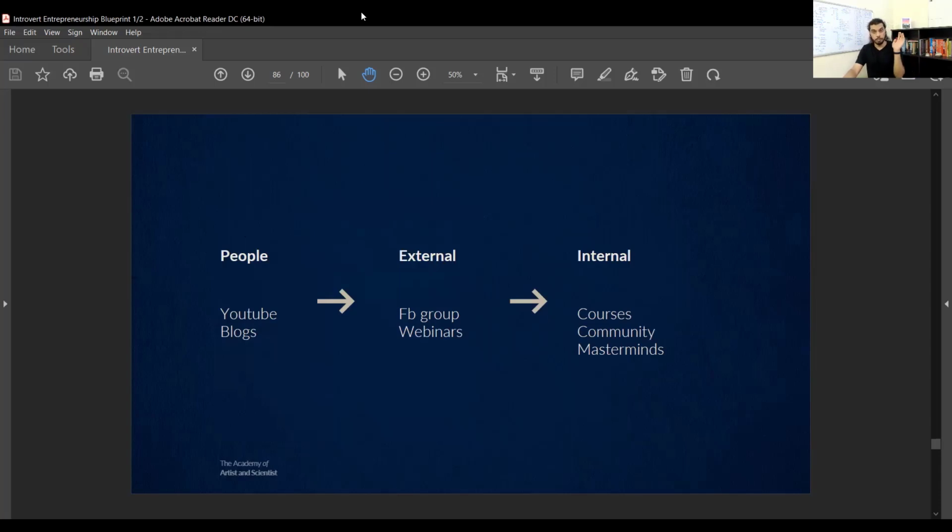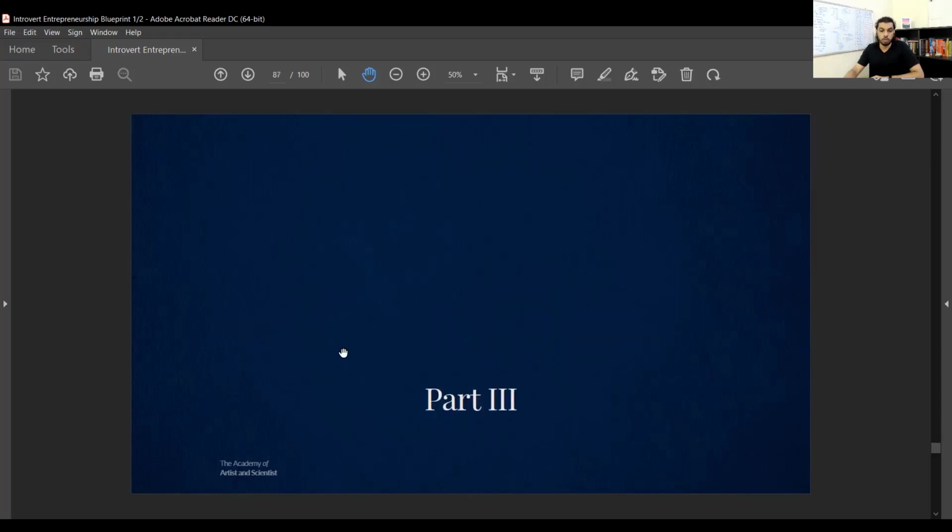From adding value on YouTube, we want people to move on to an external group, say a Facebook group, WhatsApp group or Telegram group, and from there we bring them to webinars or workshops, not for 6 hours but for like 2 hours, 20 minutes or something. We sell them something, and what we sell over here is going to be courses, community, masterminds, and so on. People, external, internal. That is what we are going to talk about.